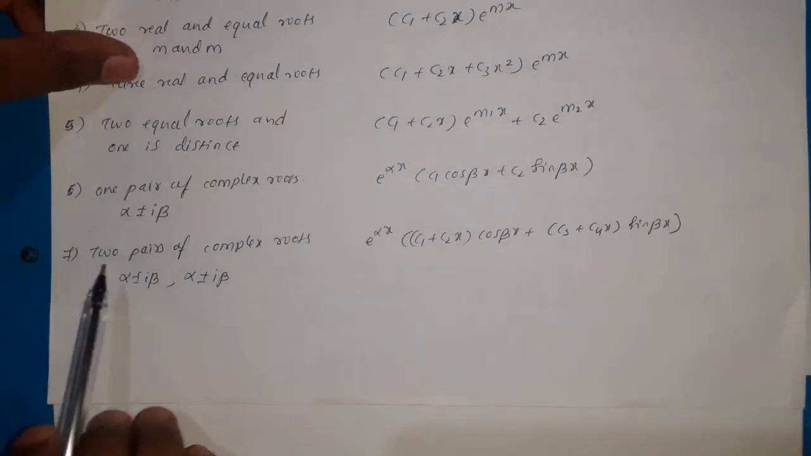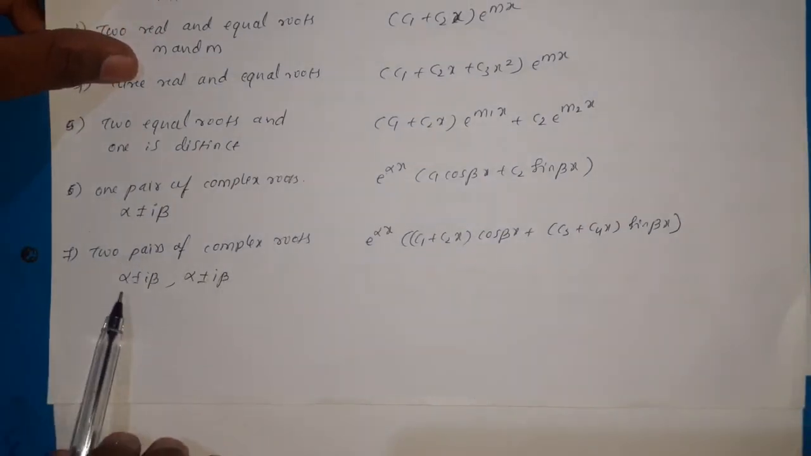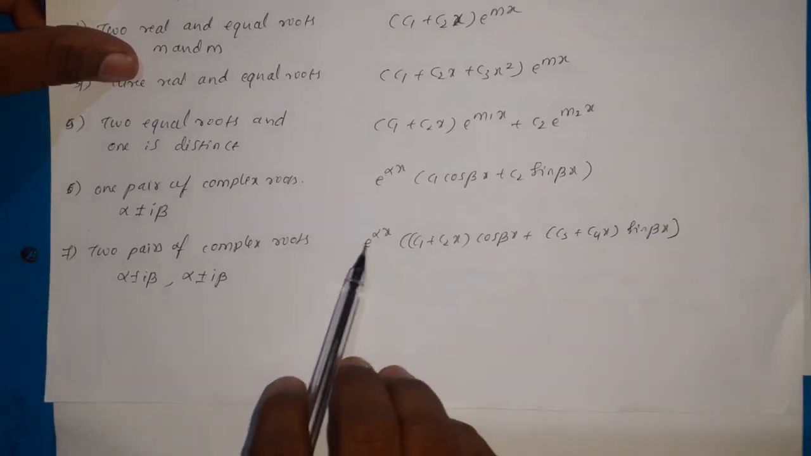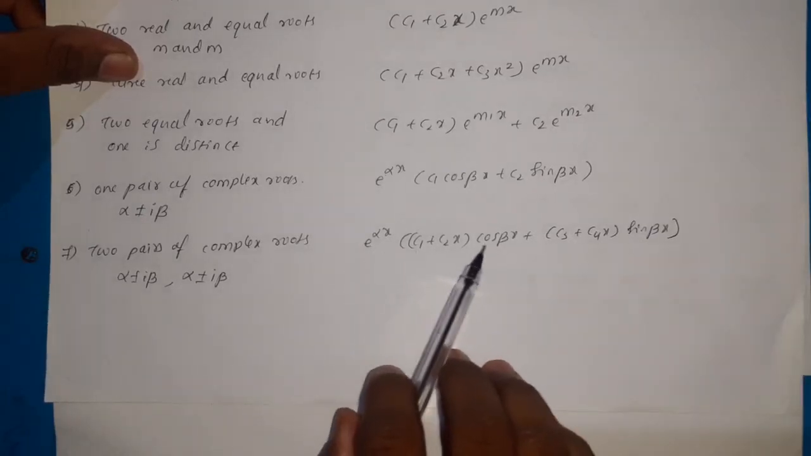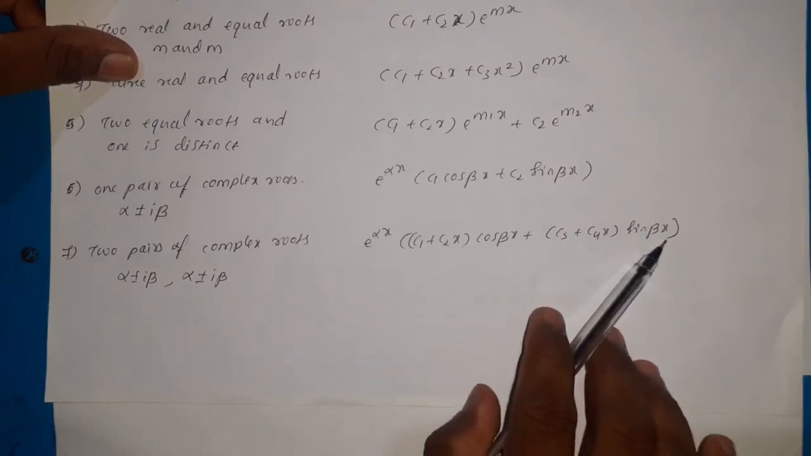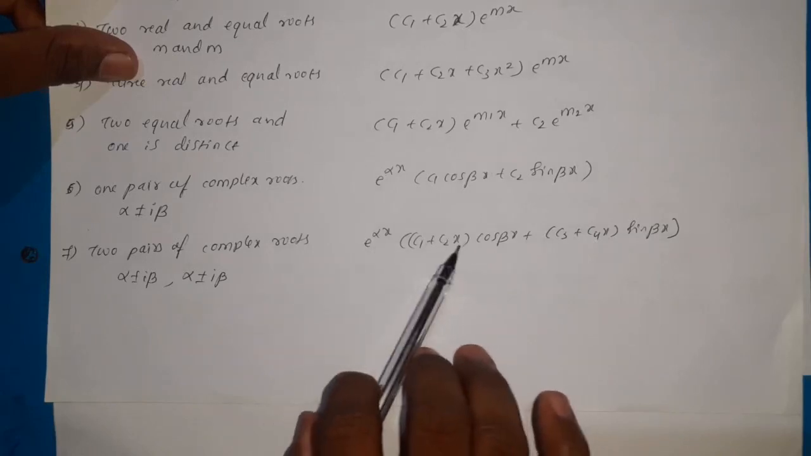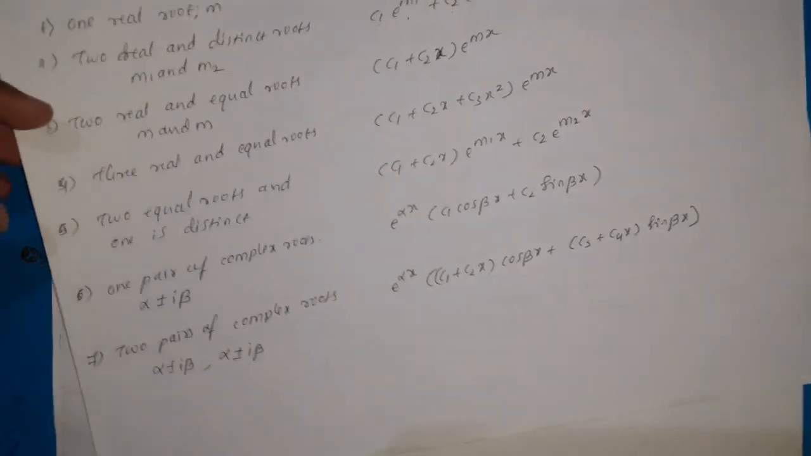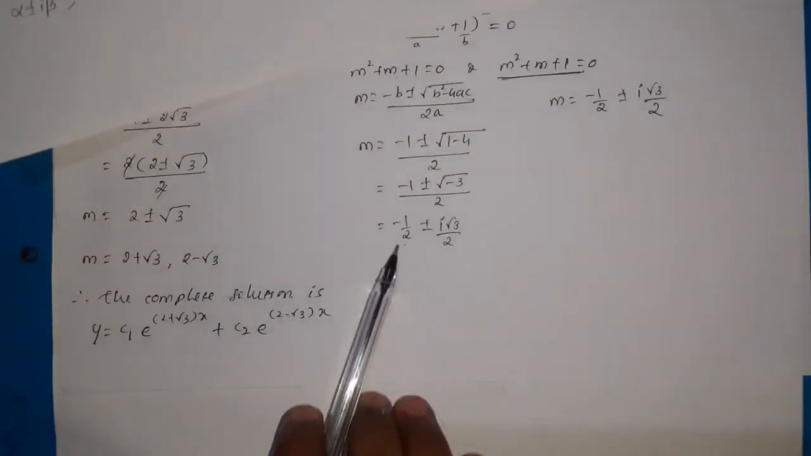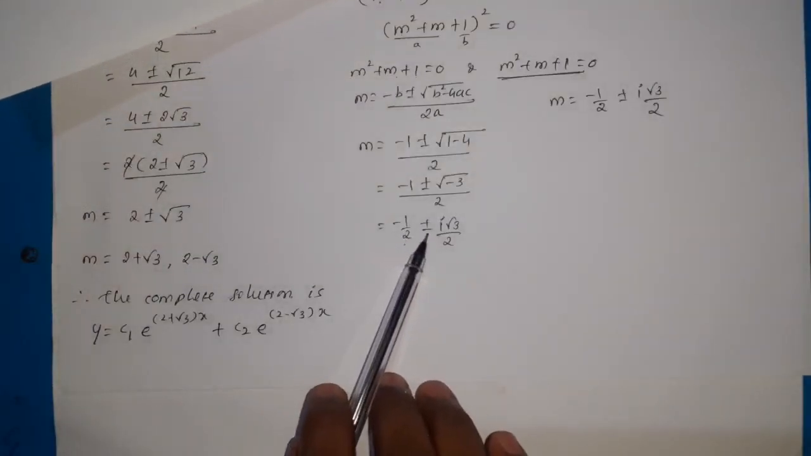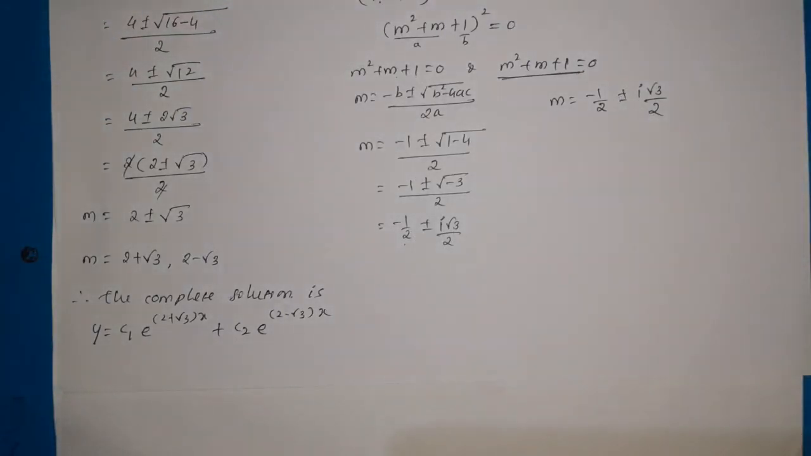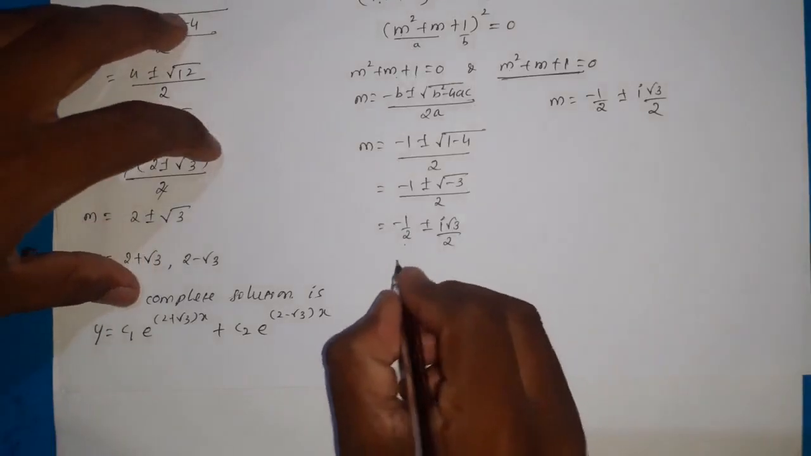Whenever two pairs of complex roots are there, how do we write the complementary function? For two pairs of complex roots, alpha plus or minus i beta, alpha plus or minus i beta, the solution is e power alpha x times c1 plus c2 x cos beta x plus c3 plus c4 x sin beta x, where alpha is the real part and beta is the imaginary part. Here we have minus 1 by 2 plus or minus i root 3 by 2, and here also minus 1 by 2 plus or minus i root 3 by 2. Hence, the complete solution